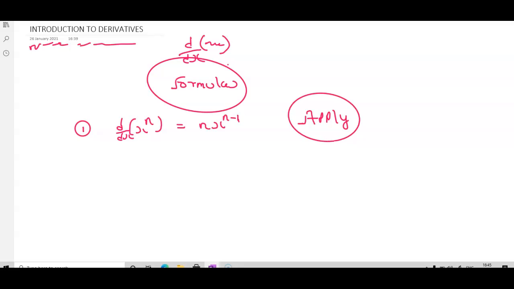If we have a question like this, d by dx of x to the power 5, it is nothing but 5x^4. Similarly, if we have d by dx of 1 upon x, it is going to be like